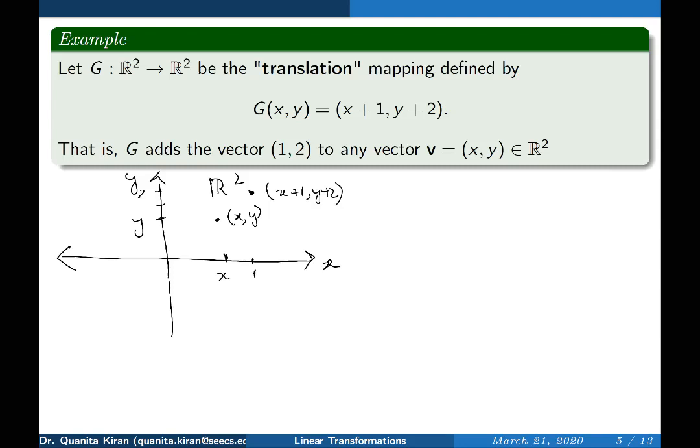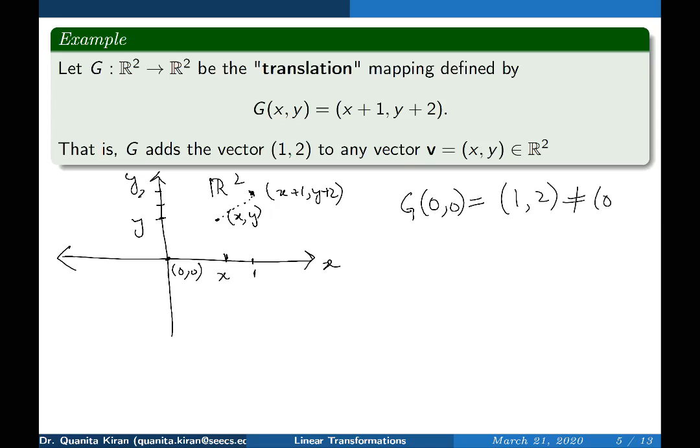So this point translates into this point. So what happened to the point (0, 0) of the space R2? The image of the zero vector of R2 becomes (1, 2),